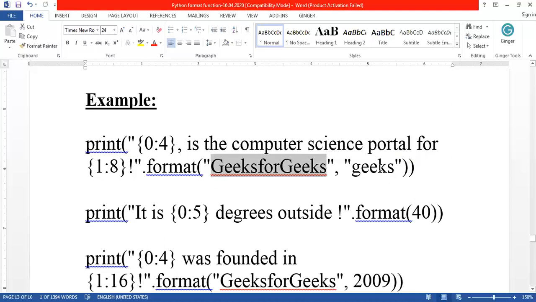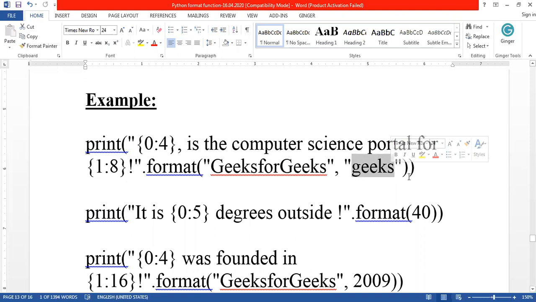In this case, if you take 1:8, what is the first value? Geeks. How much width can there be? 8. Eight spaces can be empty. Here 0, 1, 2, 3, 4. How many remaining positions will there be? This will take only 0 to 4. The remaining positions 5, 6, 7 are there, right?